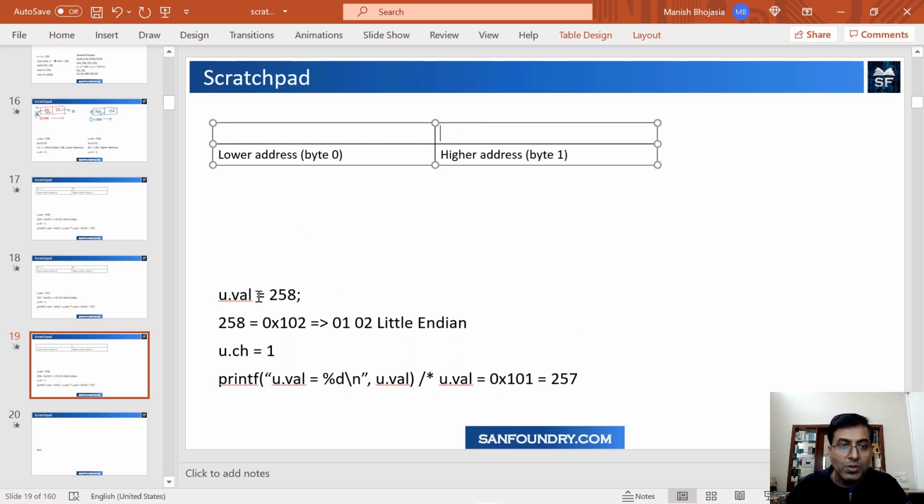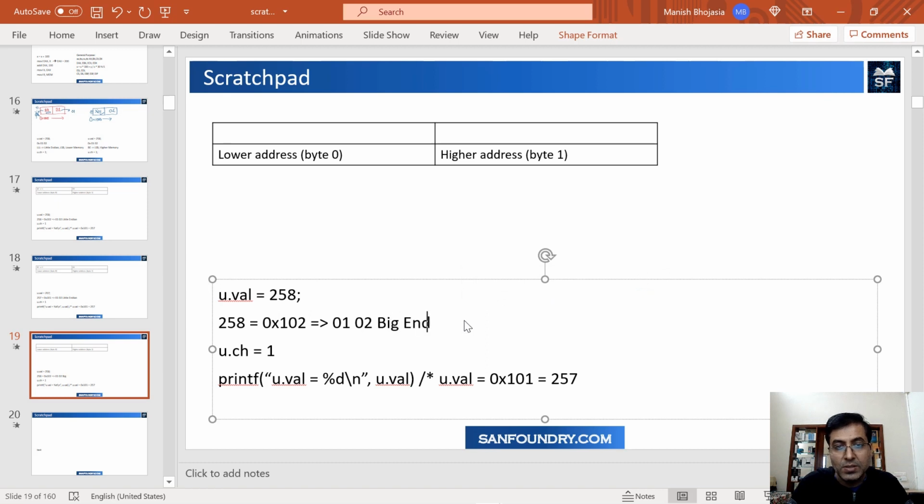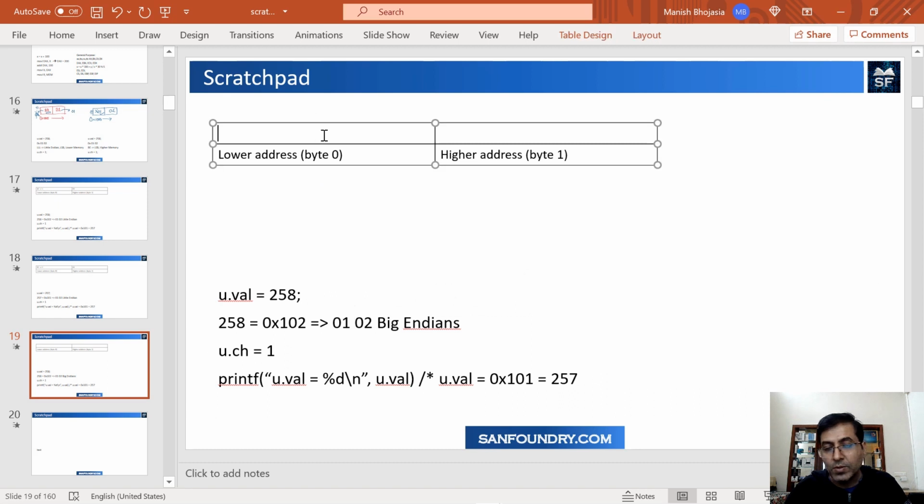When you talk about 258, this is 0102, but PowerPC or big endian machines have a different take. In a big endian machine, the most significant byte goes into the lower address. So 01 goes here, and the least significant byte goes here. So this is a big endian machine, right?